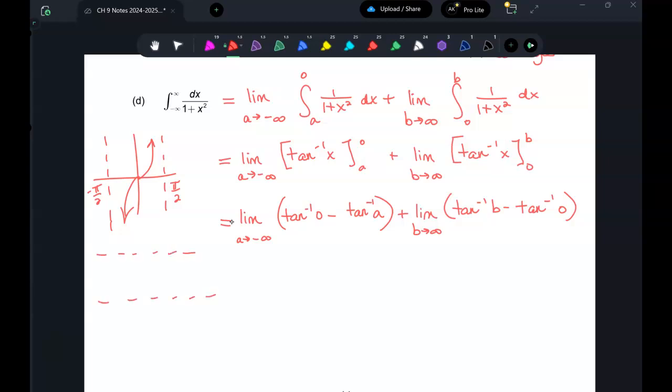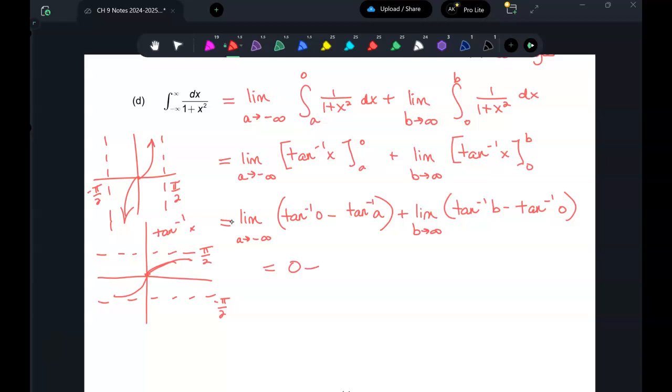Wait, tangent inverse, wouldn't that go to 0? No, it's pi over 2. Oh, yeah. So it goes like this and this. This is tangent inverse. It can't be greater than this. So this is pi over 2, and this is negative pi over 2. Okay, so this first part is going to be 0